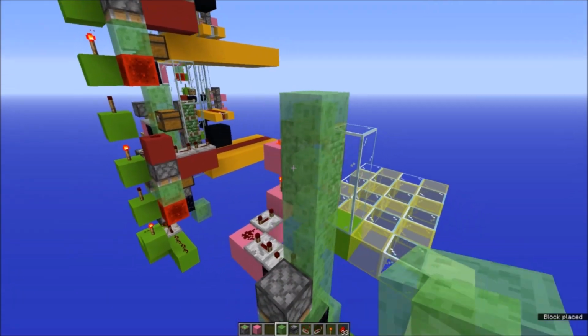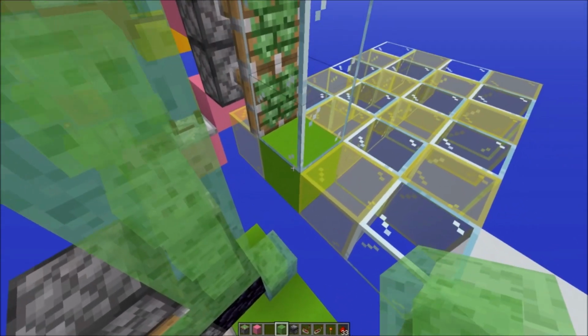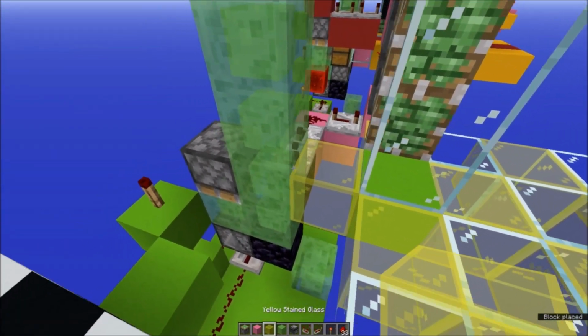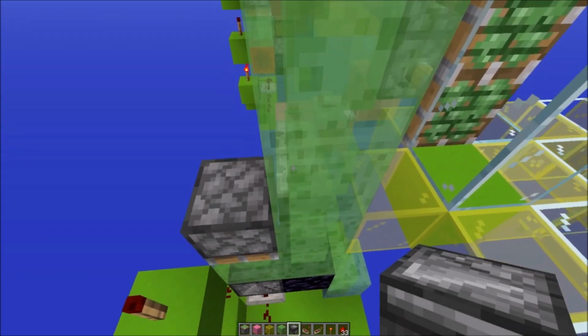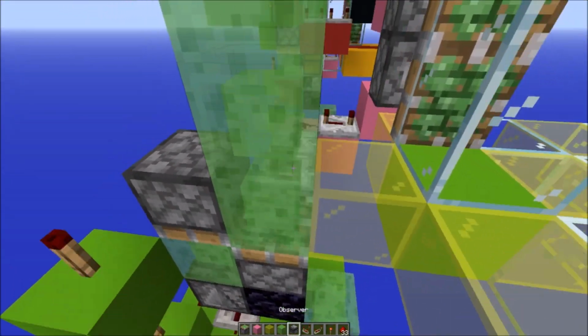Actually, I think it's 6 blocks, sorry. Yeah, 6 blocks. 6 blocks up, and then you can pick your floor, whatever you want it to be. I'm going to go ahead and use yellow glass on this just so you guys can see it. Okay, the next step is to put another sticky piston facing upwards like that, and then this is what's going